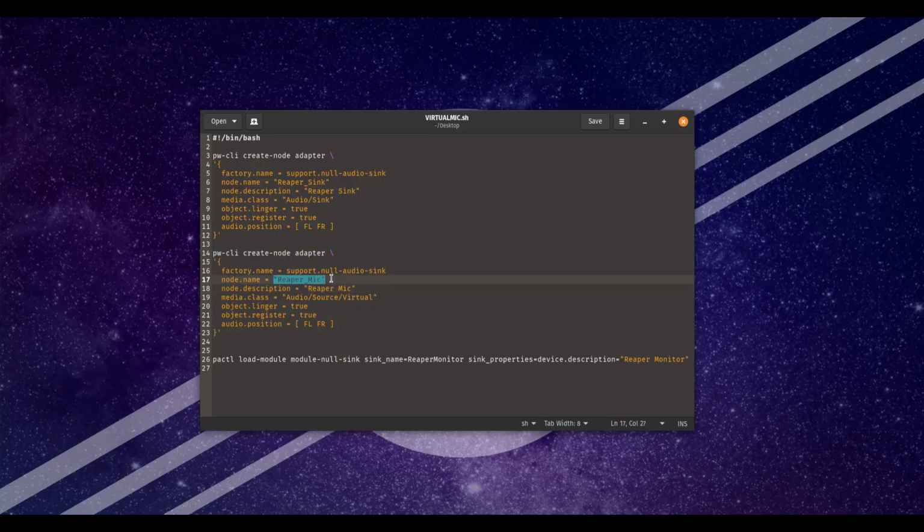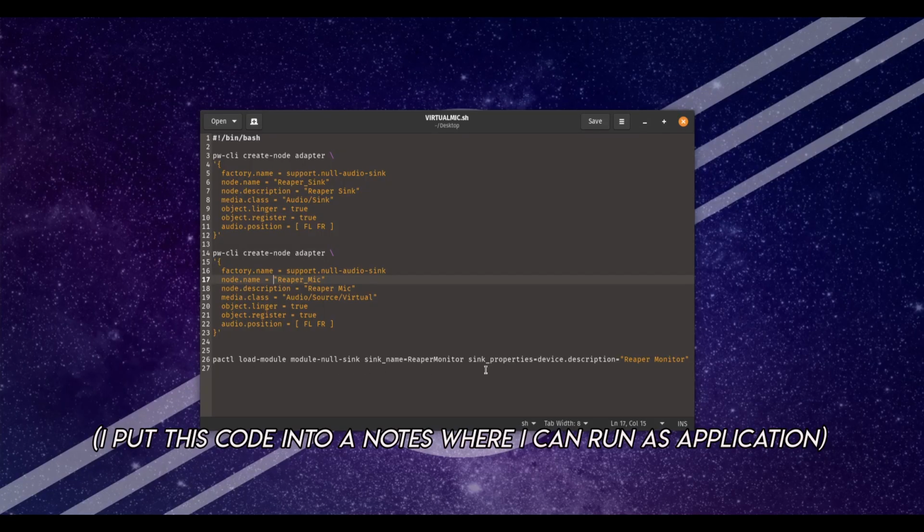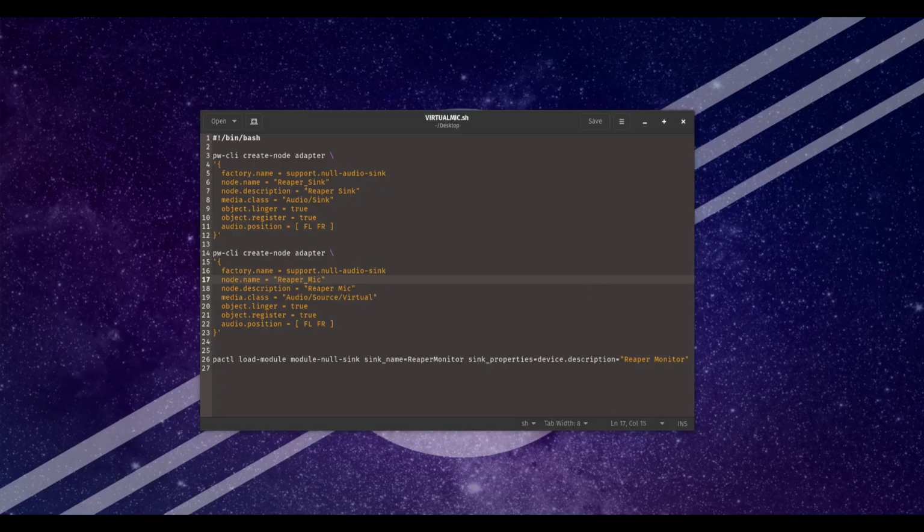That's your virtual microphone. That's what hooks up to Discord. That's the beauty of it. It's literally labeled Reaper Mic. But the third thing, the second most important, is Reaper, when you are live monitoring, has a live monitor, meaning you could hear yourself all the time, and that can get really annoying. So this line of code, the null-sink, sink, new Reaper, sink properties, and so on, but the ReaperMonitor, in essence,